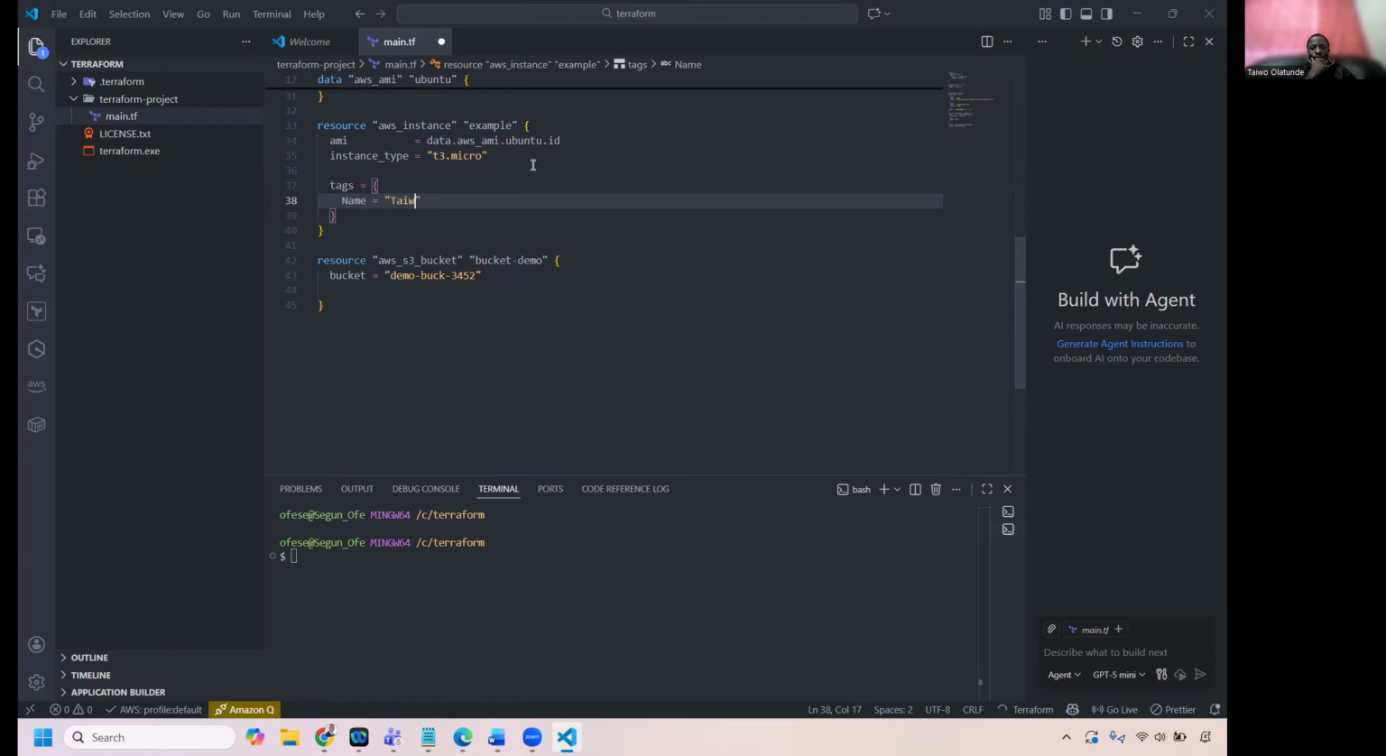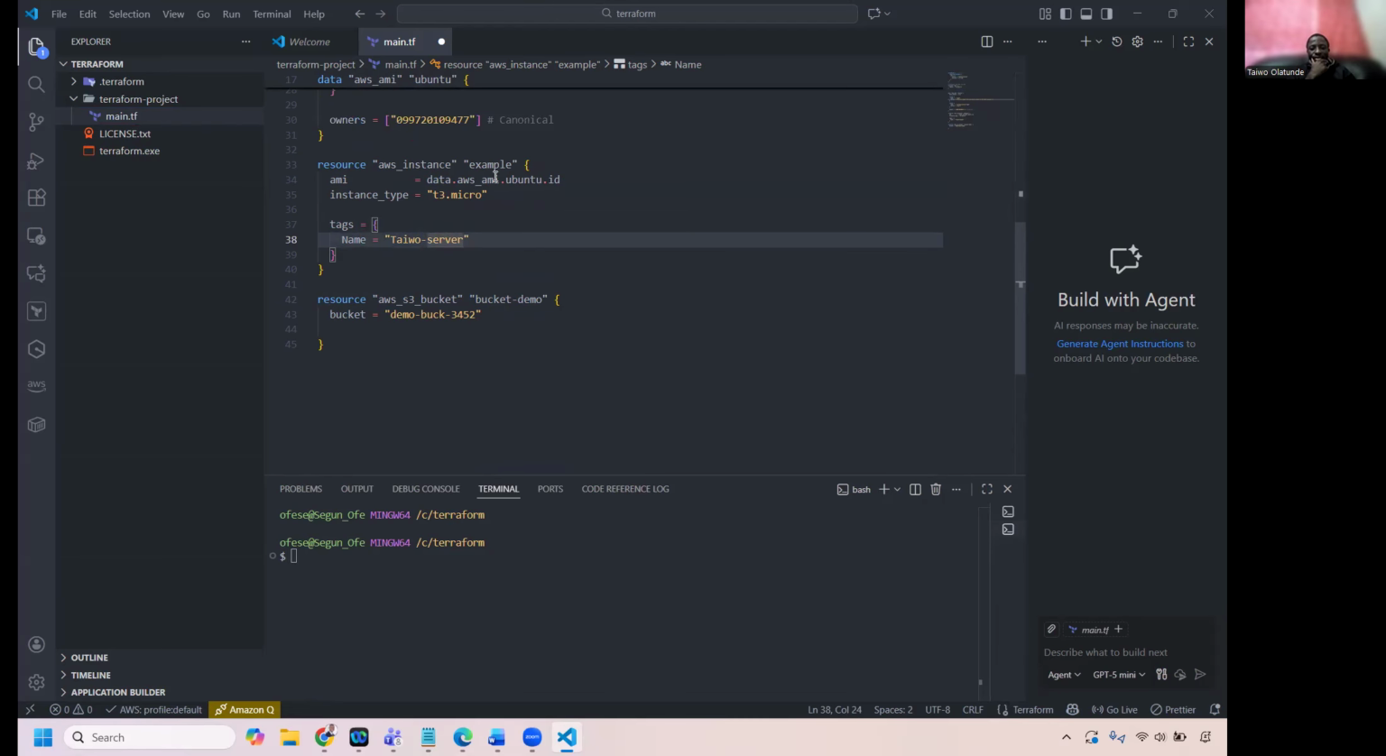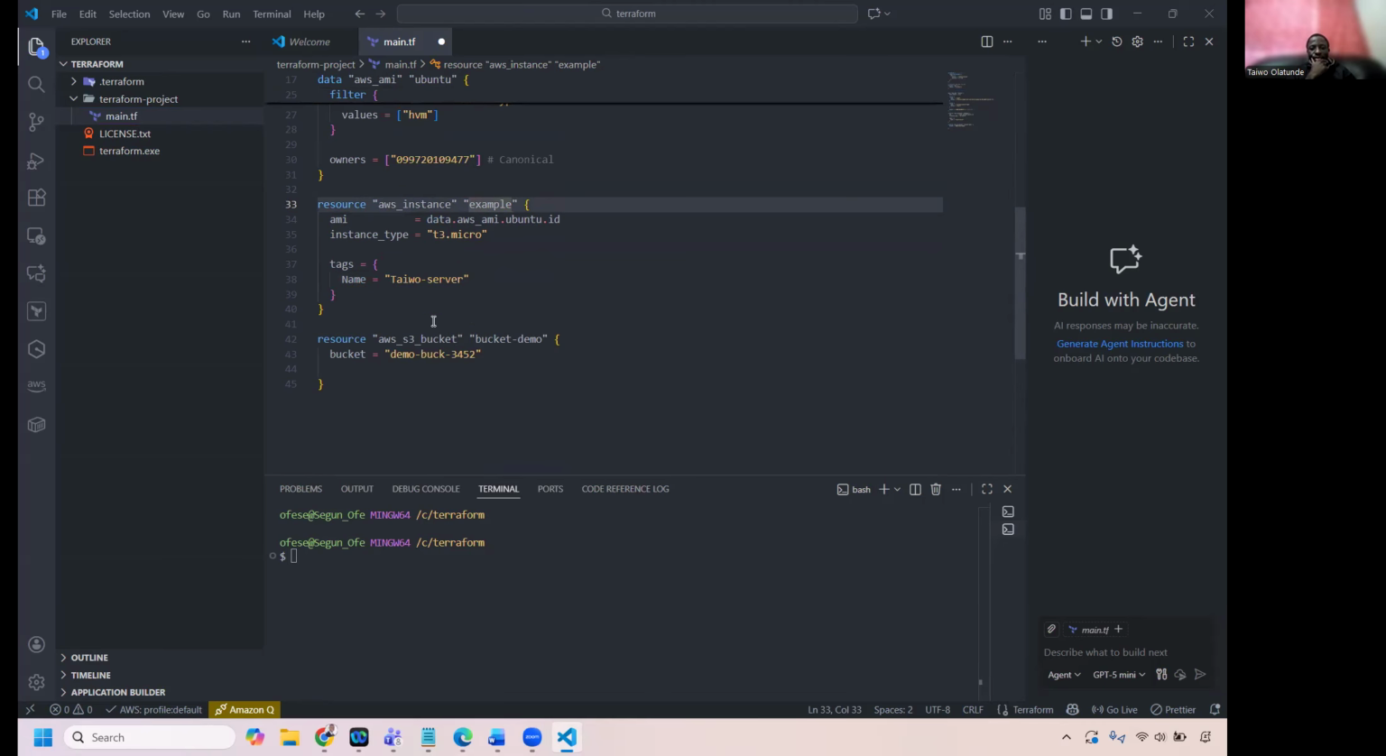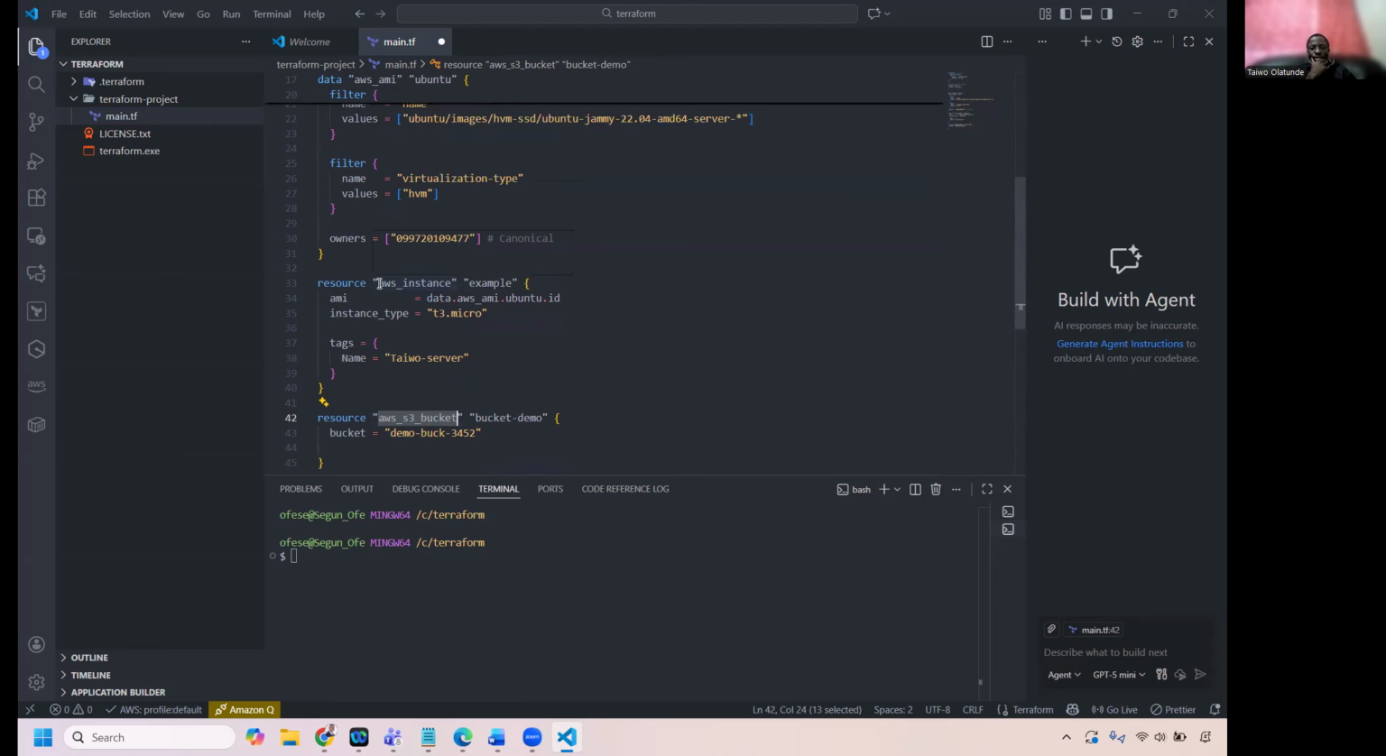Taiwo server, just something. I'll change the name, and even this one too. Another thing about resources: just like this AWS resource is standard, this AWS instance is also standard. If you want to create an EC2 instance, I can change this one now to maybe